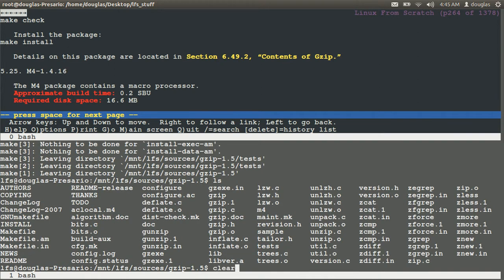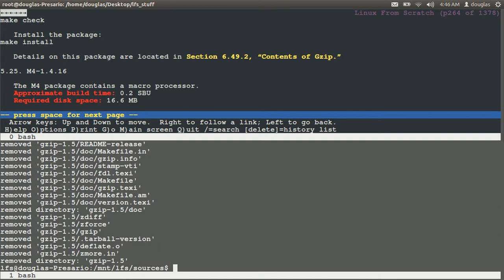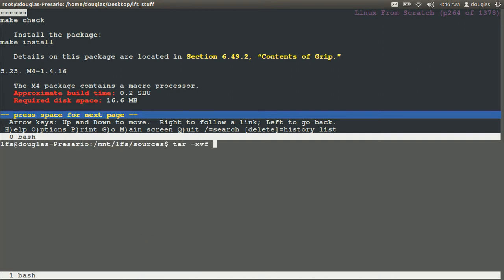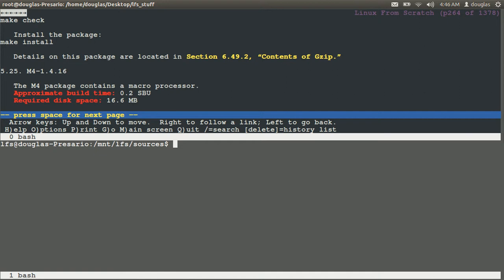And gzip is done. So we can back out of this, and we'll say remove gzip. Okay. tar xvf m4-1.4.16. Clear. cd into m4,